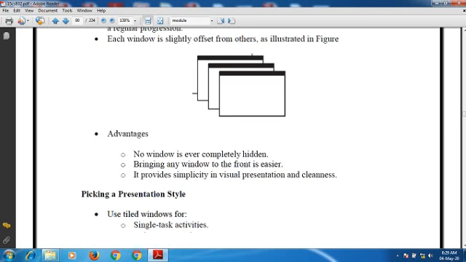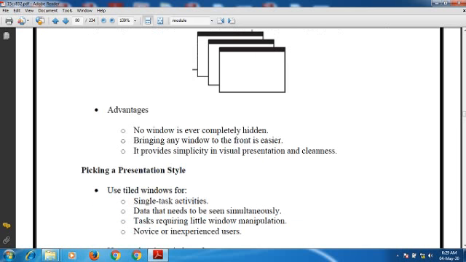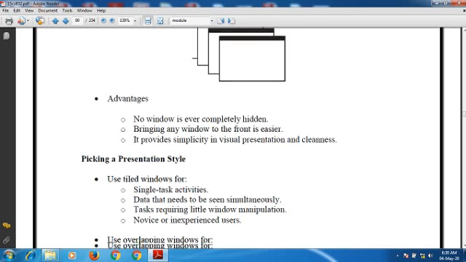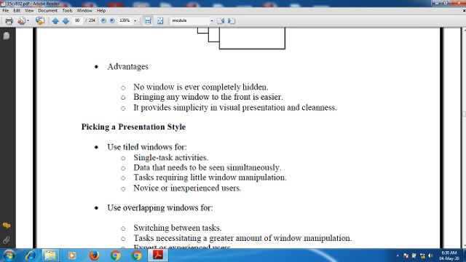We are very much interested in which presentation style we need to pick. We are interested to know when we need to use tiled windows and when we need to use overlapping windows.